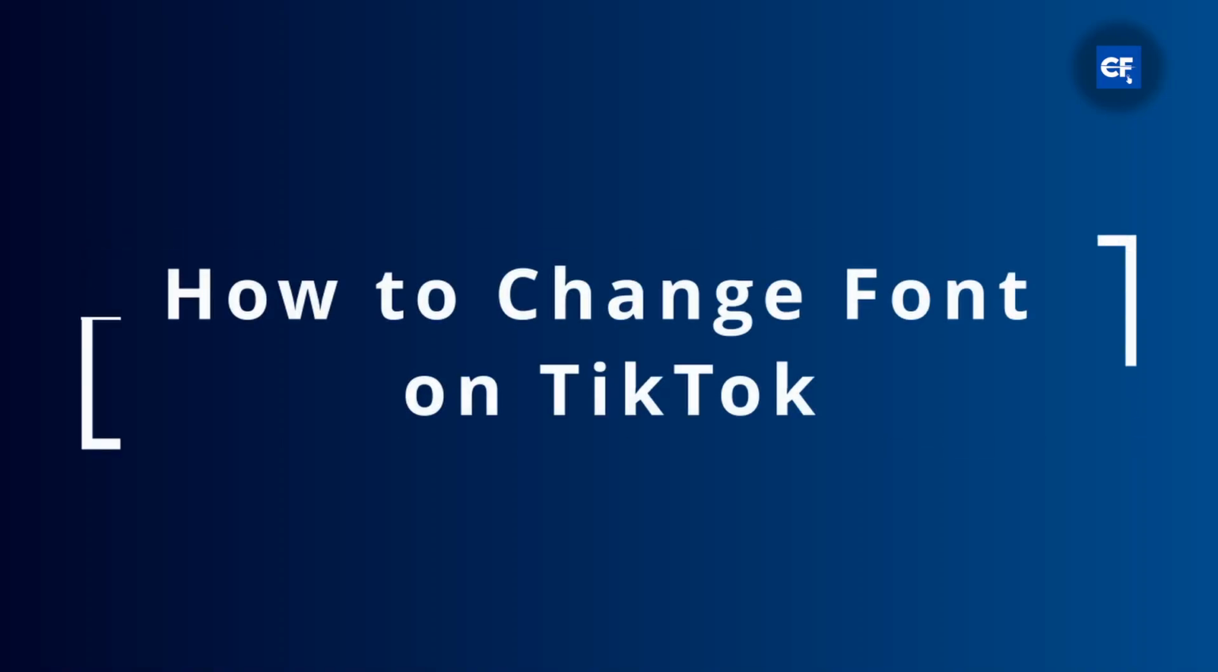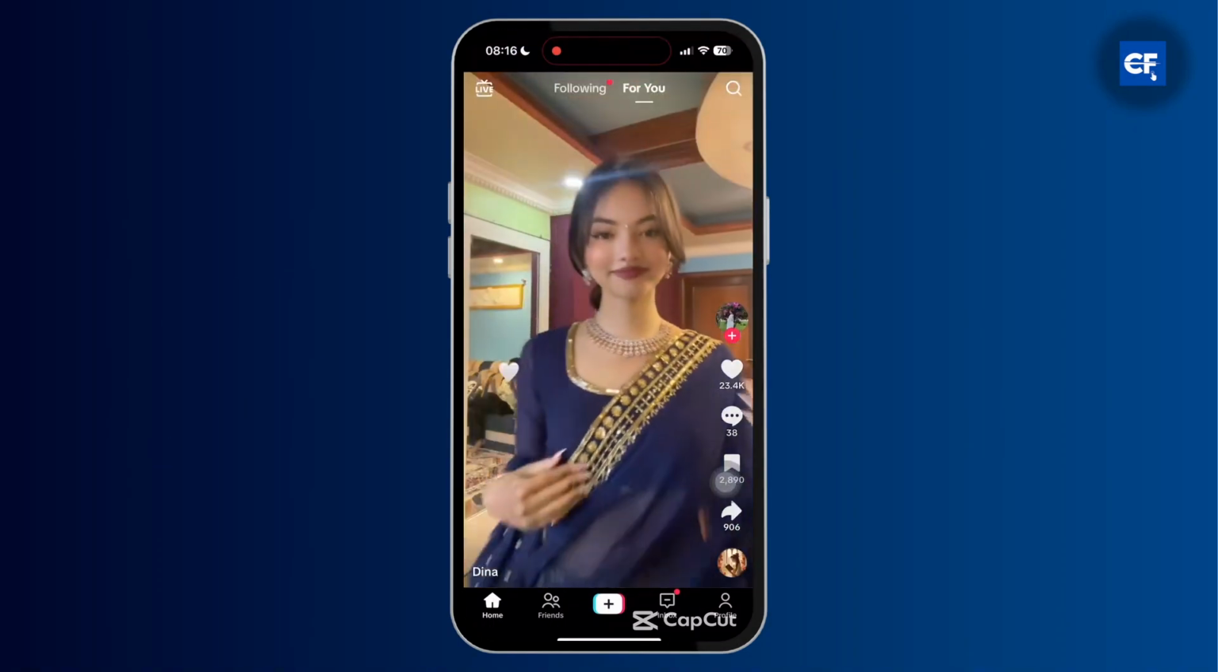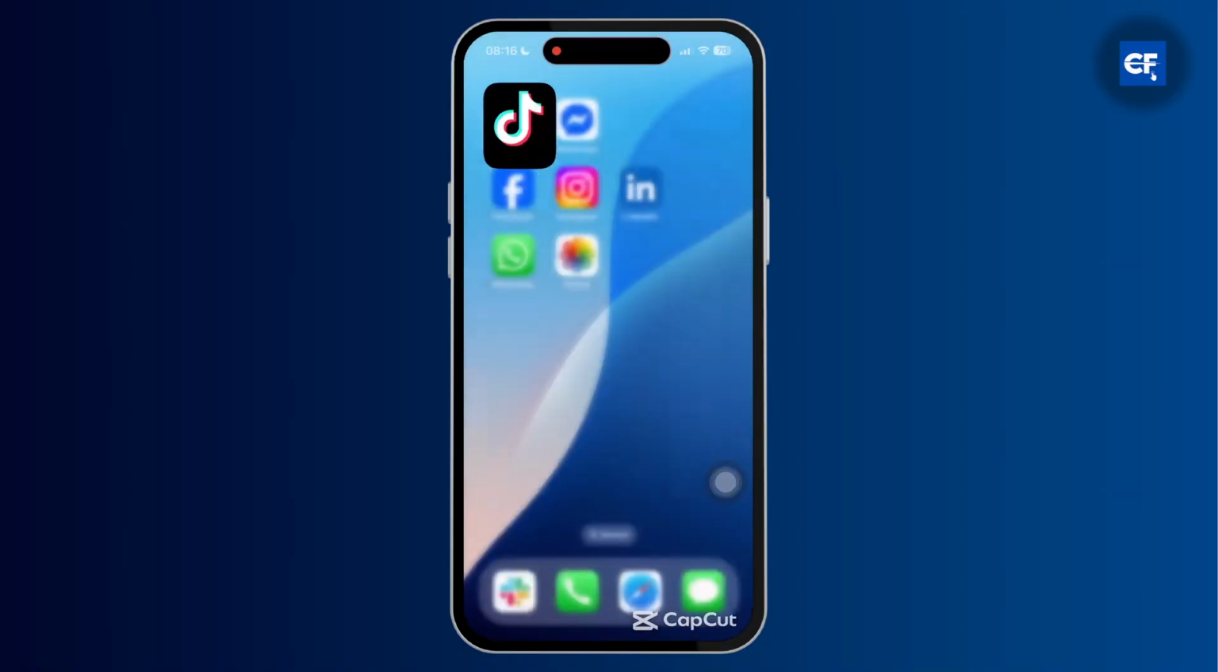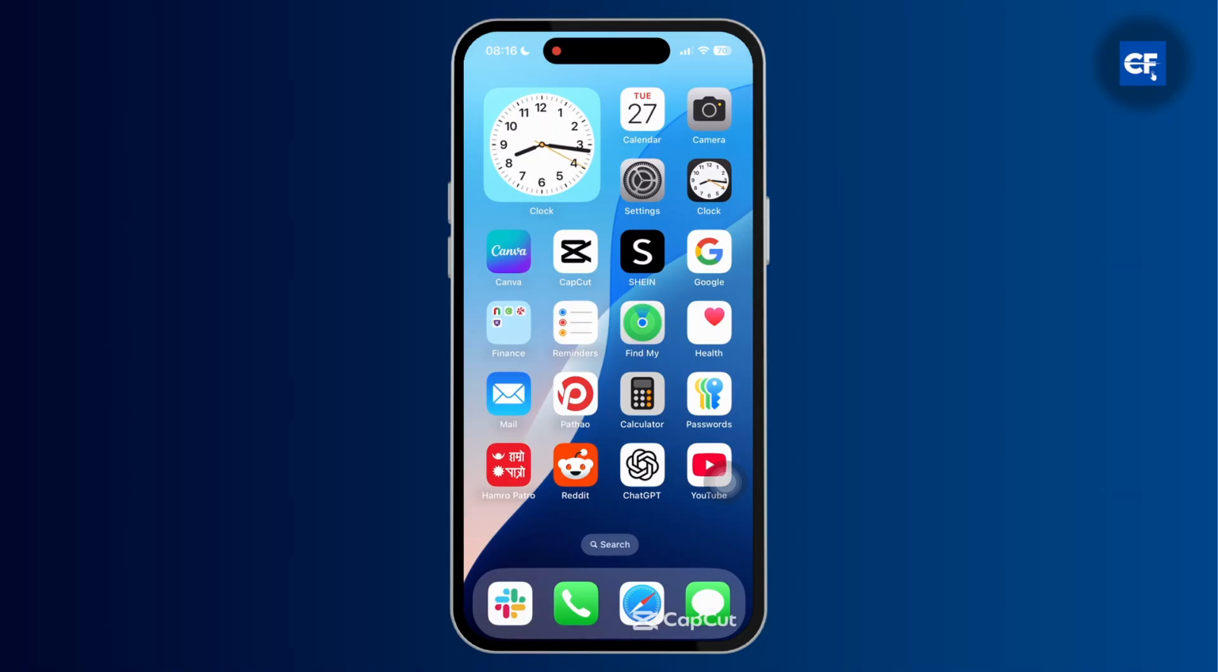How to change font on TikTok. TikTok does not have a built-in font changer, but you can still change it using your iPhone settings. Let's simply go back to the home screen and look for the Settings app and simply tap on the Settings